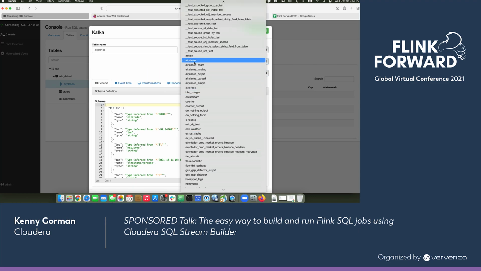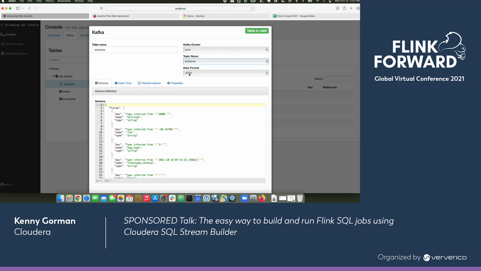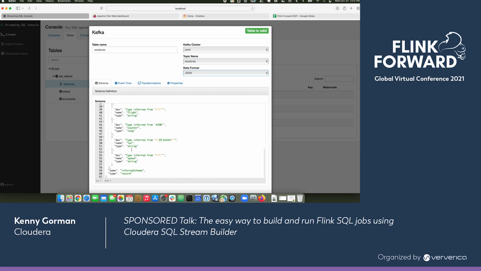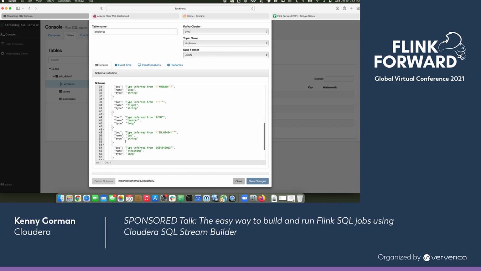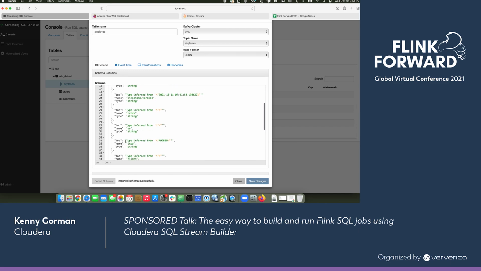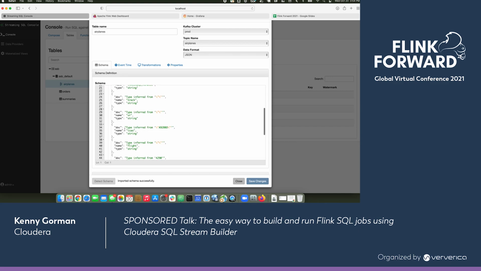It's got a listing of all the topics. In this case, it's a JSON format that I'm looking for in that topic. And I'm going to go ahead and detect the schema. What that's going to do is go out and read and infer the data, both using the JSON data type and then actually reading the topic. So it pulls back, it understands that I've got a variety of different things in here, and it builds my schema for me. If this was nested or complex types, it includes those as well, so things like arrays and